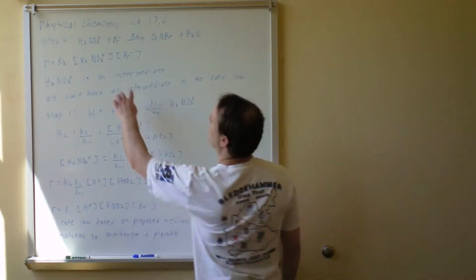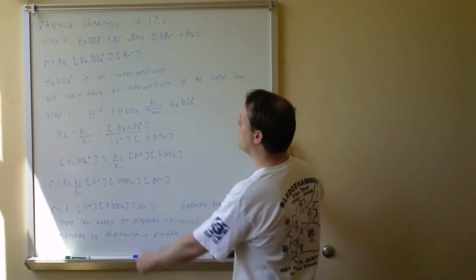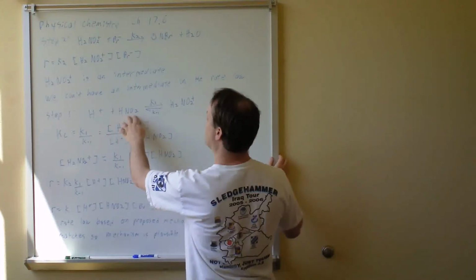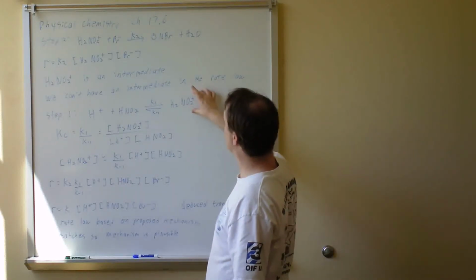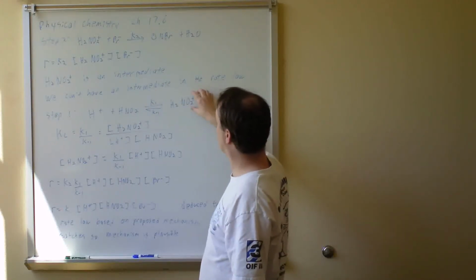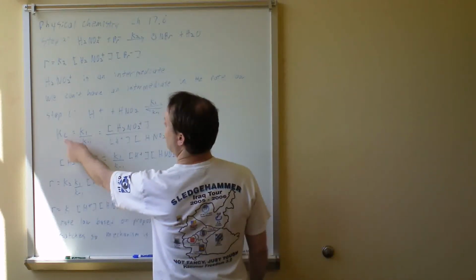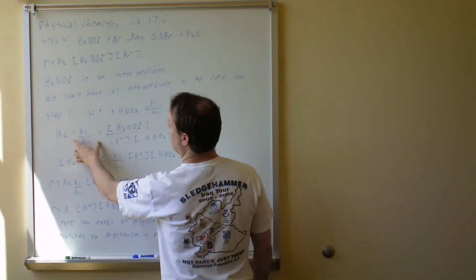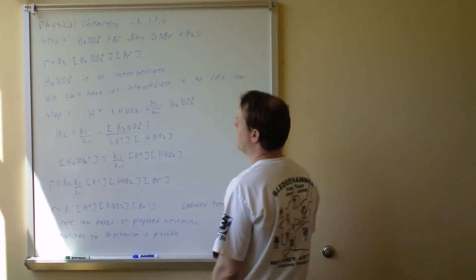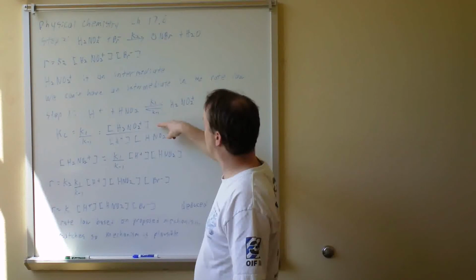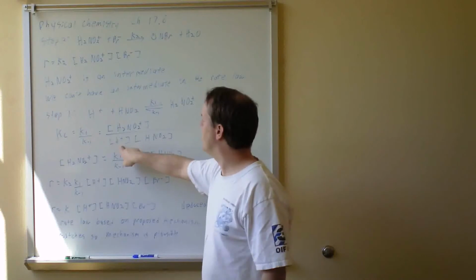So what we have to do is figure out a way to substitute this out. Now remember from step 1 of this mechanism, we had H+ and HNO2 in equilibrium with H2NO2+. So what we're going to use is this to find the concentration of this and substitute it back in up here. Now remember, the equilibrium constant we showed before is equal to the forward rate constant divided by the reverse rate constant, in this case k1 over k-1. That's also equal to the concentration of H2NO2+ divided by the concentration of H+ and the